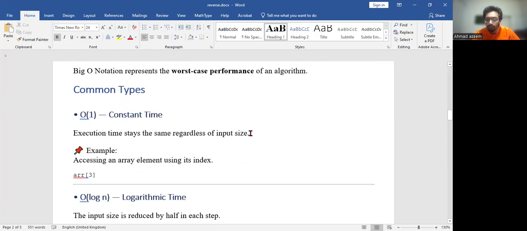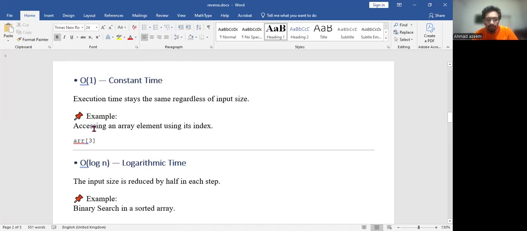For example, if the input size is 100 and it takes 10 loops, and the input increases, the time will be the same. This is exactly order of one,